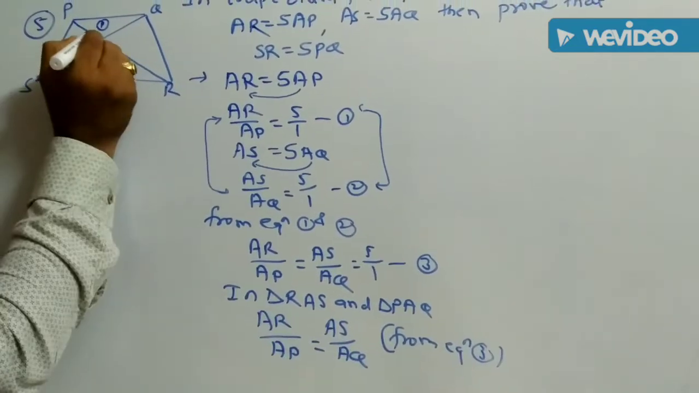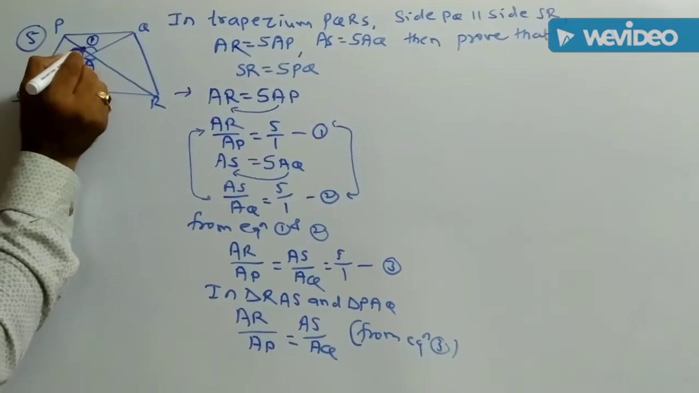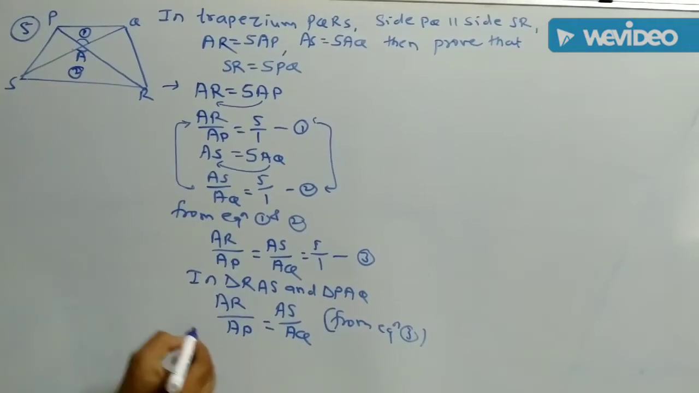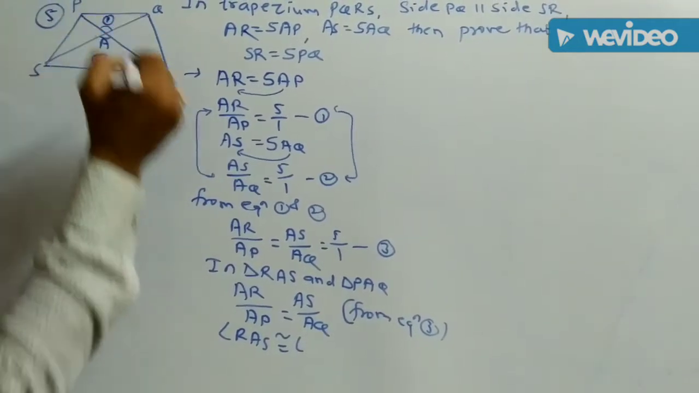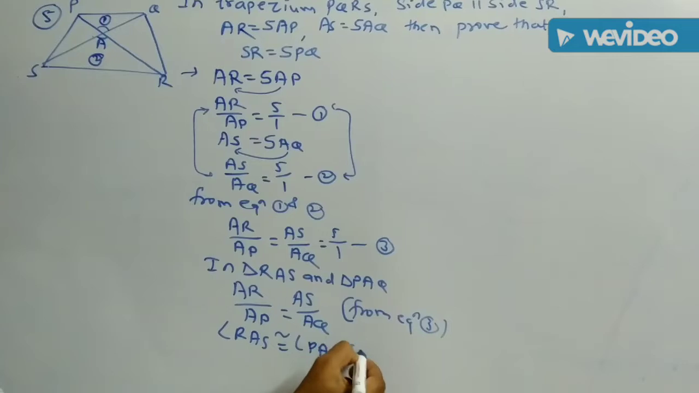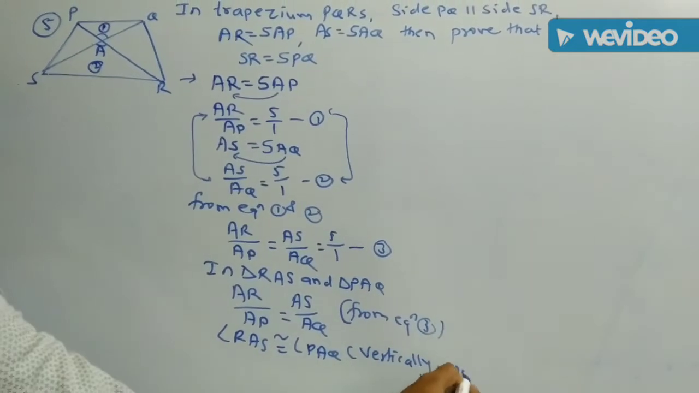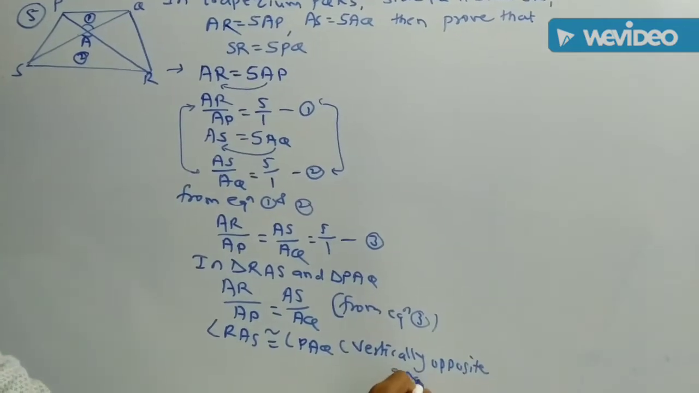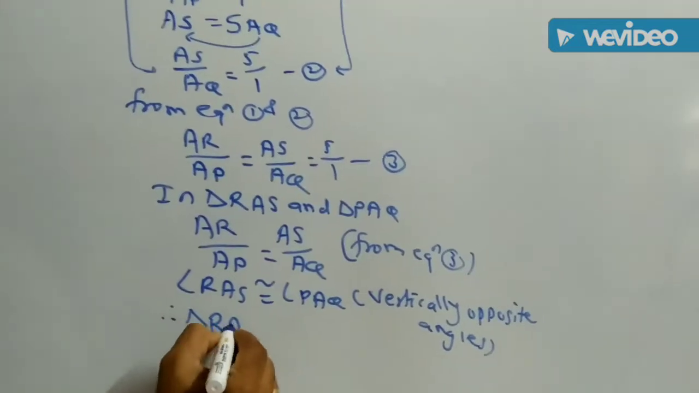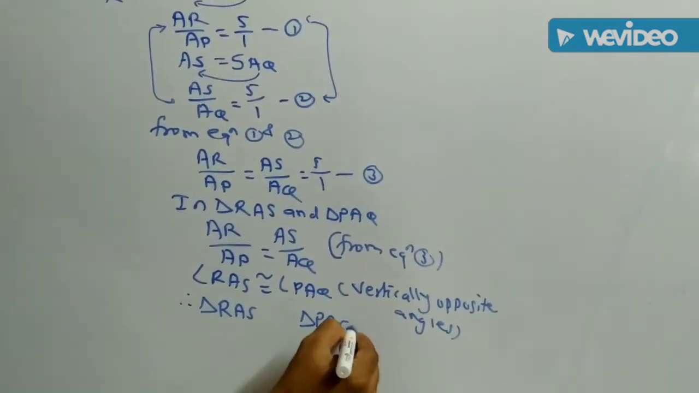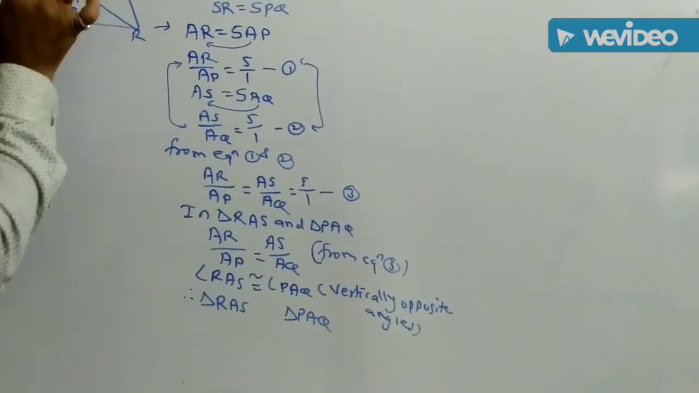Now, if we see both the triangles, this angle PAQ and RAS are vertically opposite angles. Therefore, both are congruent. Angle RAS is congruent to angle PAQ, vertically opposite angles, and therefore in triangle RAS and triangle PAQ, two sides are in same proportion and their included angle,